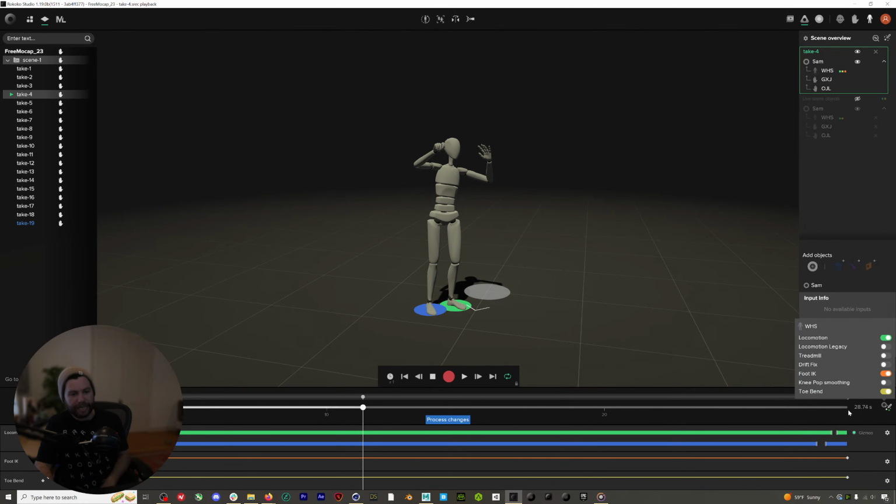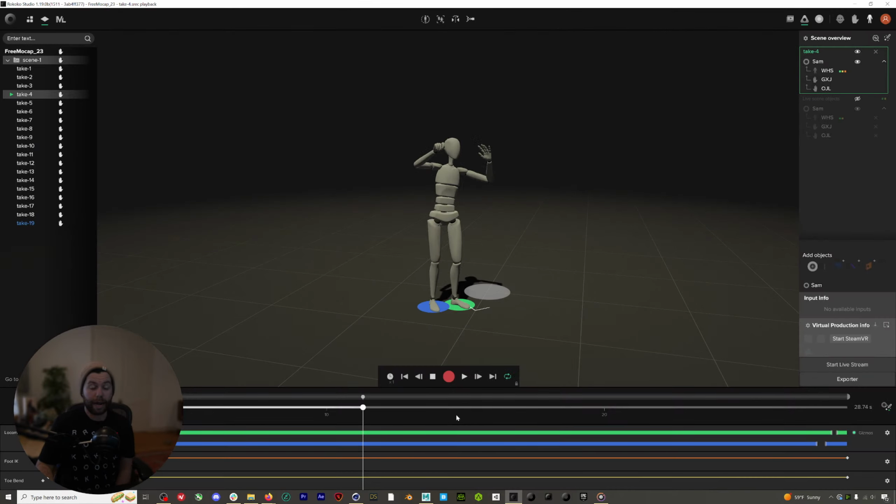So if we add the foot IK filter here, it's going to lock our feet into the ground, which means they are not going to drift over time and our character isn't going to move, which is how it should be. So I'm going to rename this